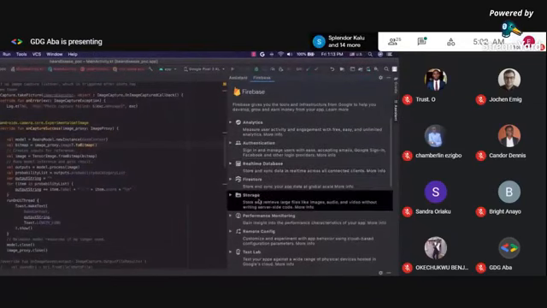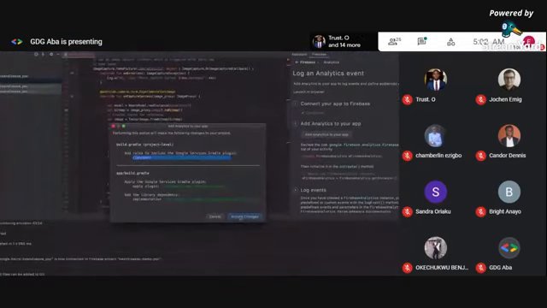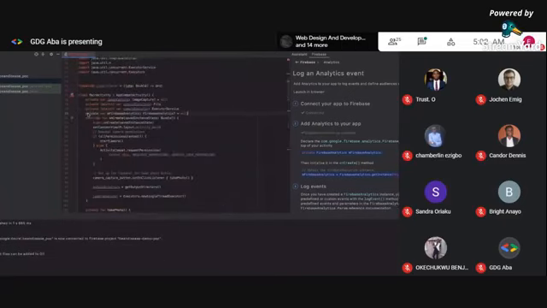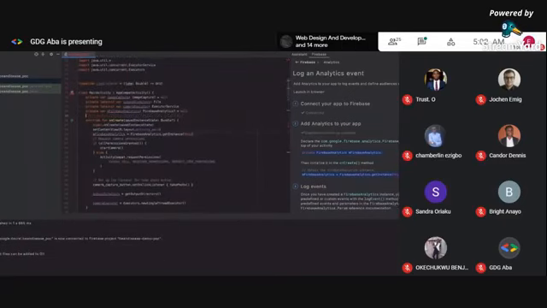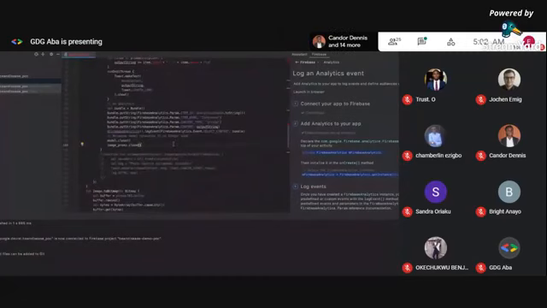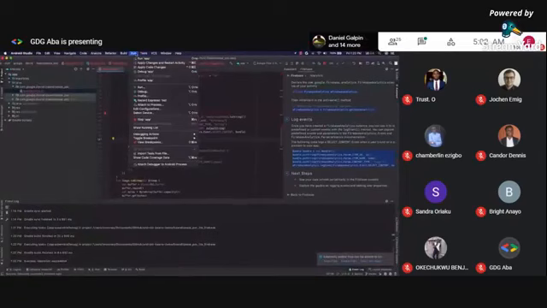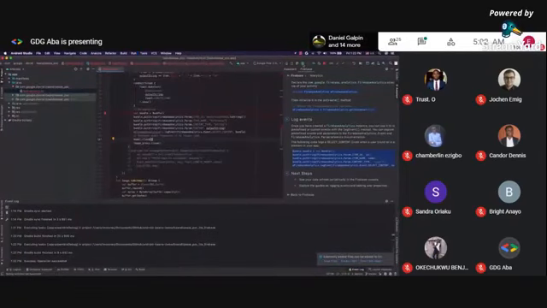Now, the new and improved Firebase plugin in Android Studio makes this simple. I'll start by adding some analytics so I can find out exactly how our users are interacting with our app. And the plugin does most of the work to get the library integrated into my project. Now that I've done that, well, we can get an instance of the library up here, and then we can log what kind of results we're getting from MLKit. And then once we've done that, there's a lot of ways to get at this data.